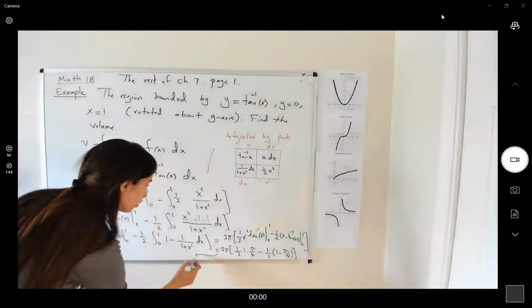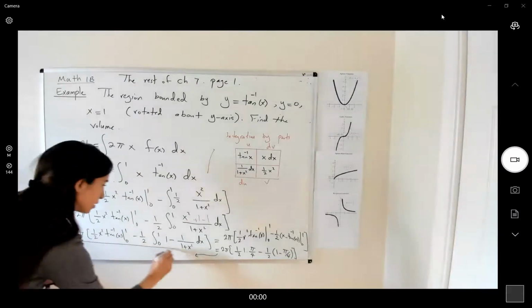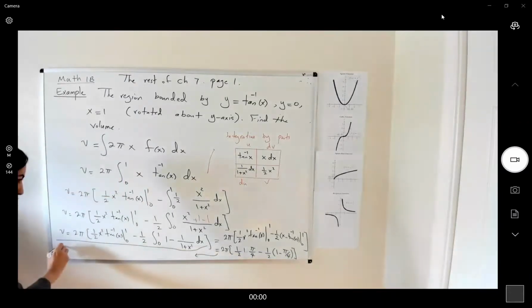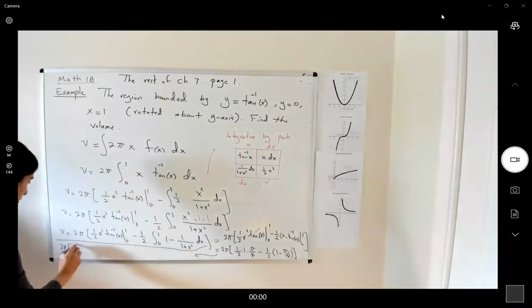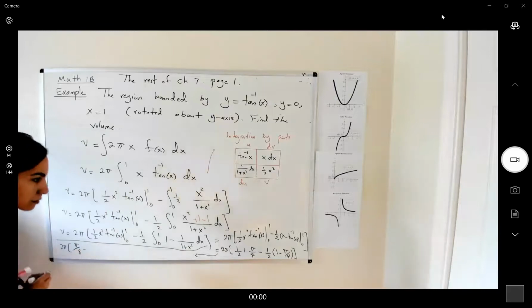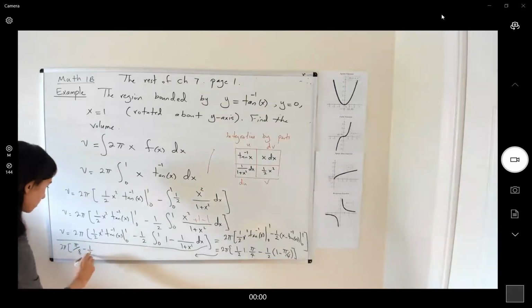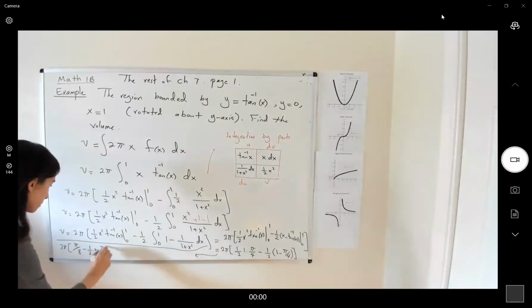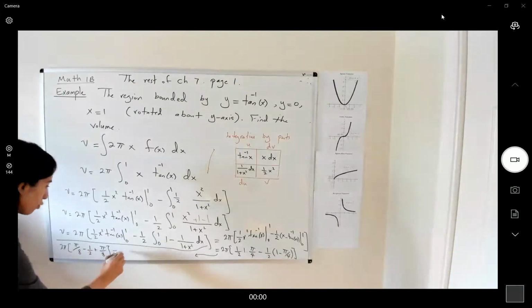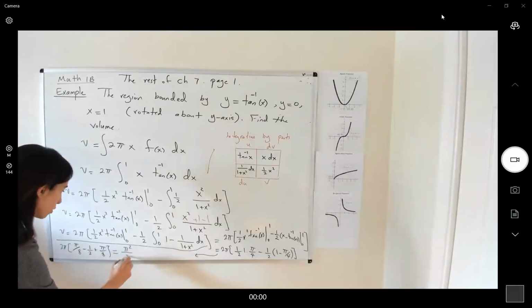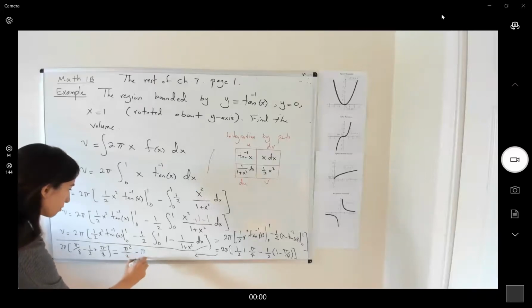So this is equal to, let me write it here for you, 2 pi. You get pi over 8 minus a half plus pi over 8. Pi over 8 plus pi over 8 is 2 pi over 8, or pi over 4. If you distribute 2 pi, you get 2 pi over 4, pi squared over 2 minus